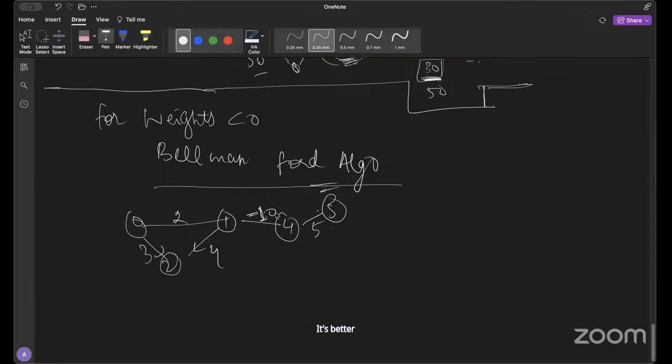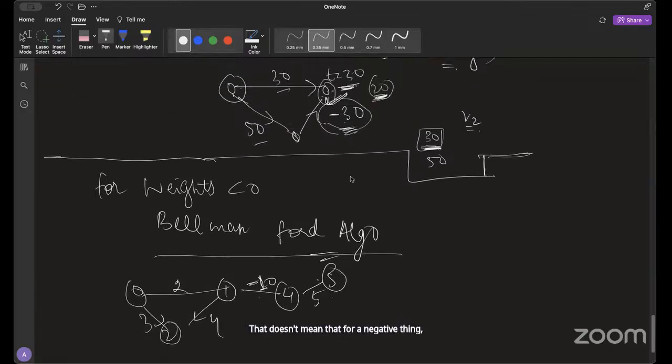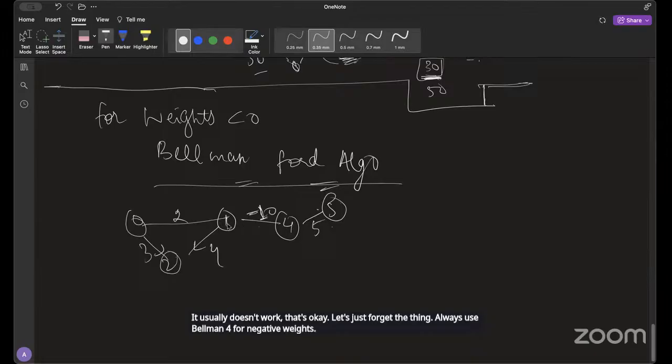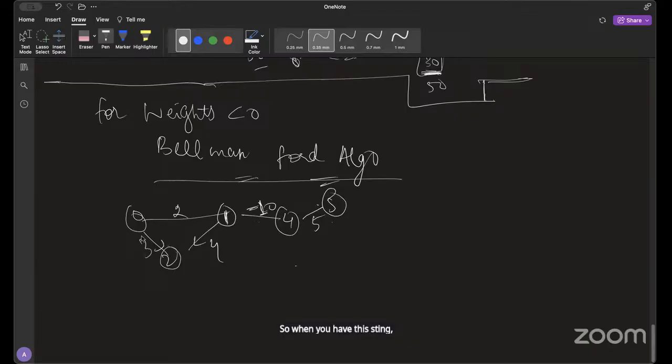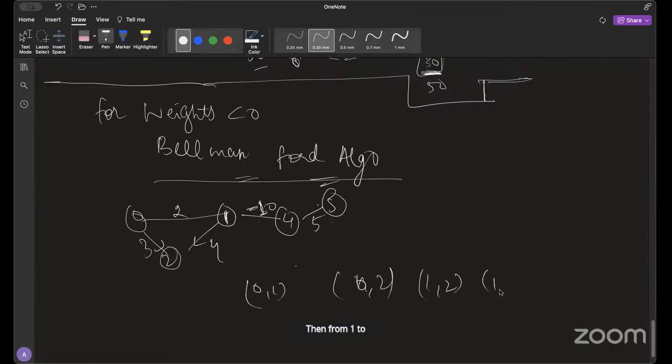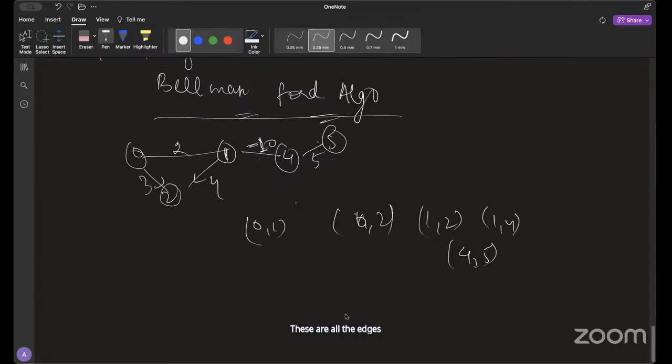It's better to use Bellman-Ford when you see something negative. Always use Bellman-Ford for negative weights. So when you have this, you first write down all the edges. There's an edge from 0 to 1, then 0 to 2, then 1 to 2, 1 to 4, and then 4 to 5. These are all the edges. You collect all the edges first,